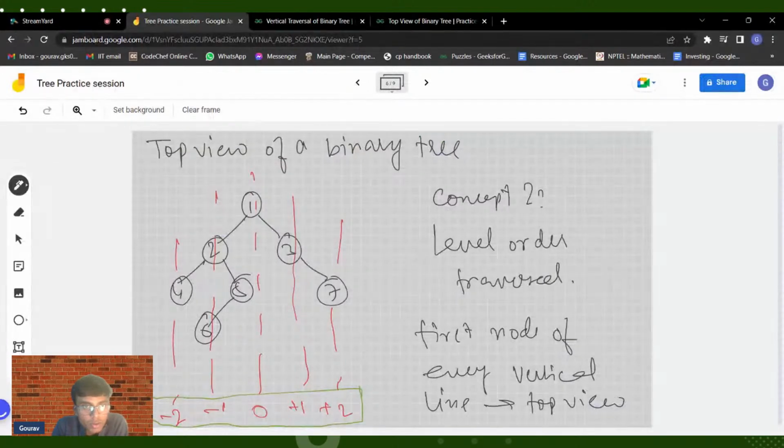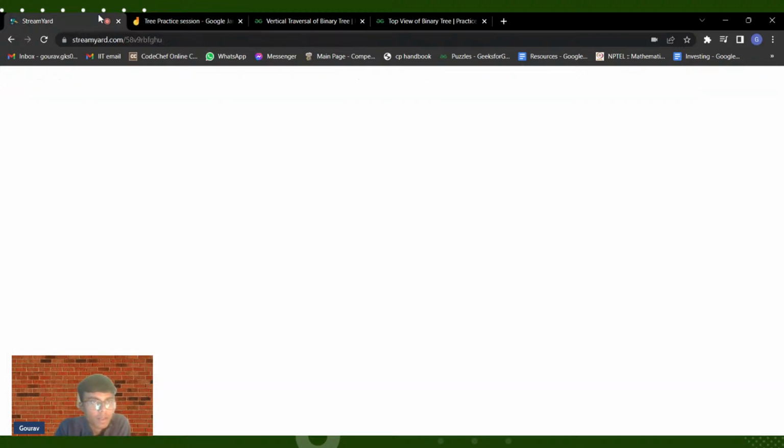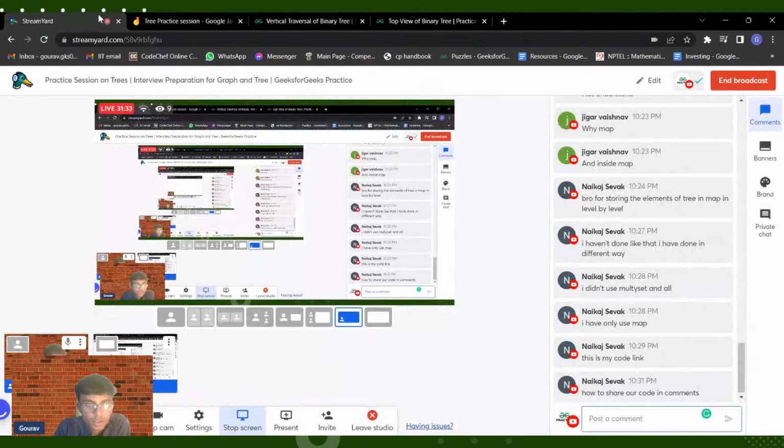So basically, this is a tree given. We only have to output the top view. So how does the top view look like? We'll output the node number 4, then 2, then 1, 3, and then 7. Okay. And as usual, we'll proceed from the left hand to the right hand and we'll do vertical wise. So for the vertical, we have vertical number minus 2 and for minus 2 we have row number 4. So how is this question related to the previous question? Can you tell me? You just do a small bit of modification to the concept.